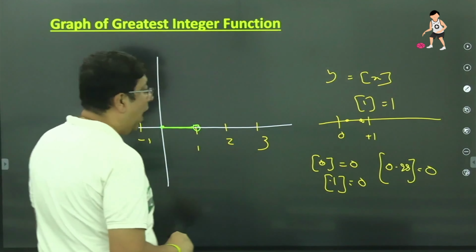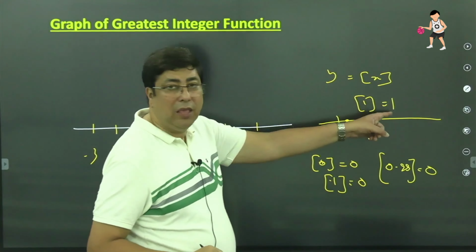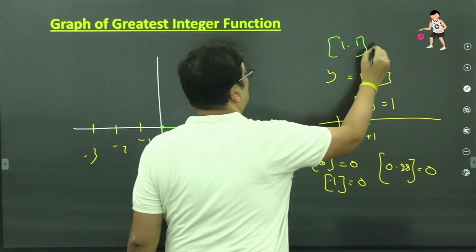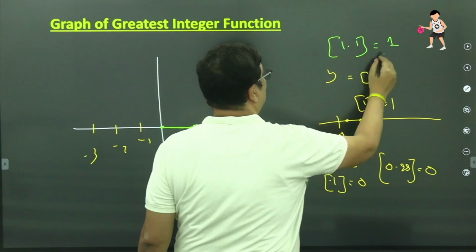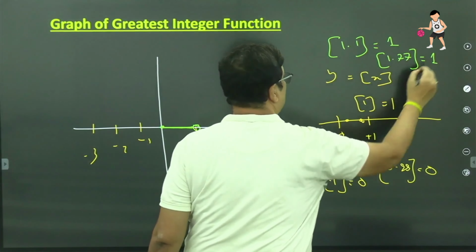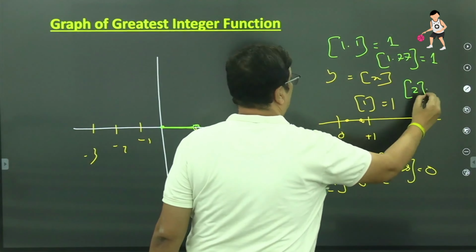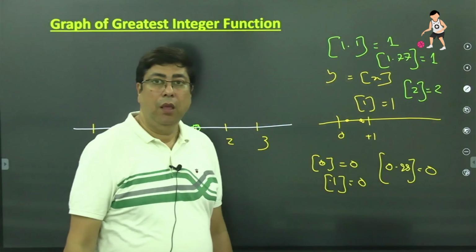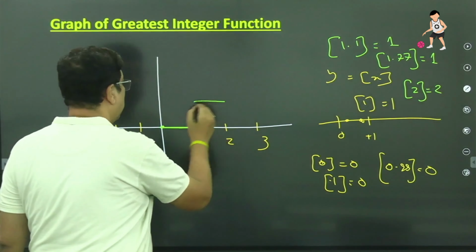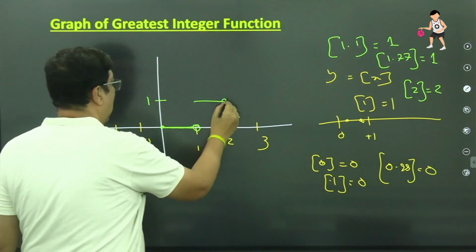Okay, and at x equal to 1, y equal to 1. If x is 1.1, y is 1. If x is 1.77, y is also coming 1. When x is 2, y is coming 2. Okay, it means between 1 and 2, the value is coming 1, this height is 1,